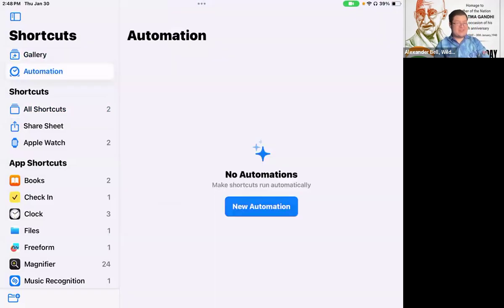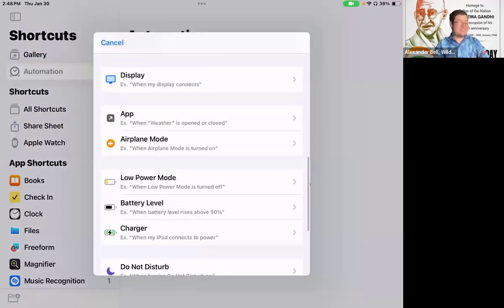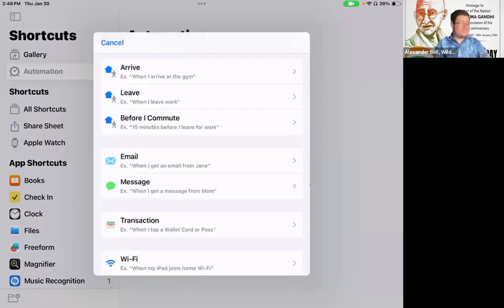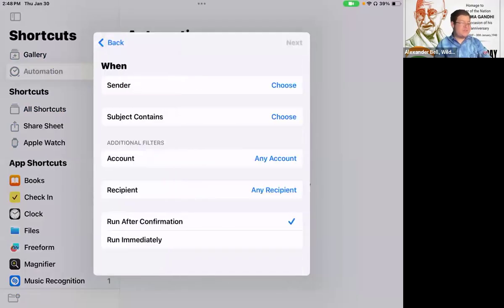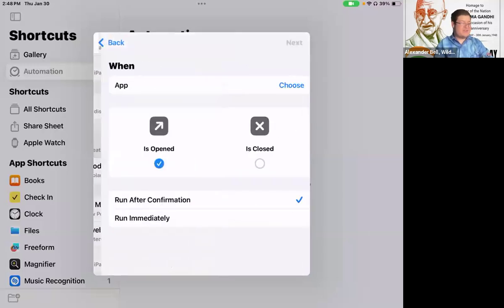Let me try this out, new automation. Yeah, and there's a few options here. So I definitely recommend you check it out. You can have a shortcut so when I get an email from someone, you can send them something else or respond, right? Or arrive, or here's the app,